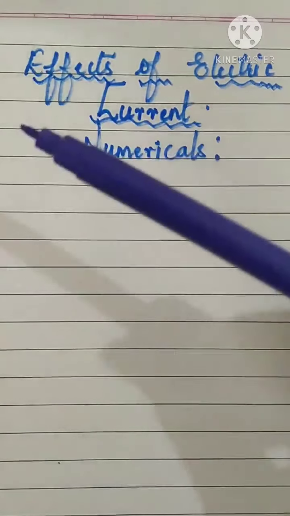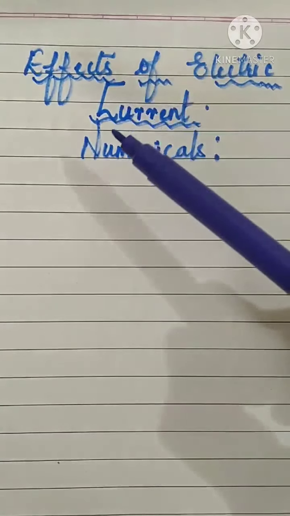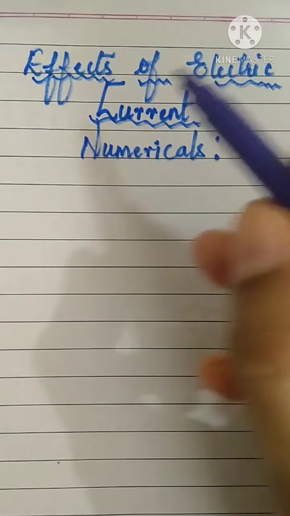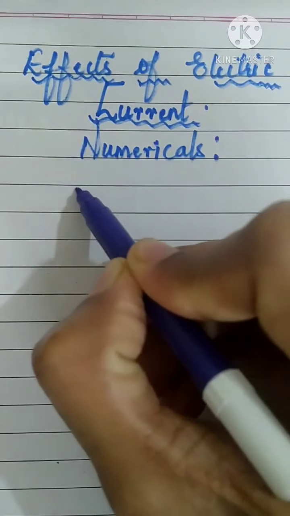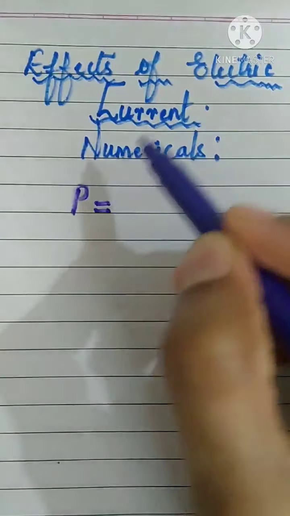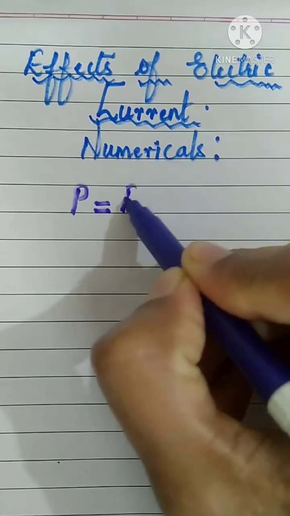In the last class, we had started with the effects of electric current chapter, and then we had discussed electrical power. Just a recap, what was electrical power? Electrical power was the electrical energy consumed per unit time. So electrical power is equal to energy